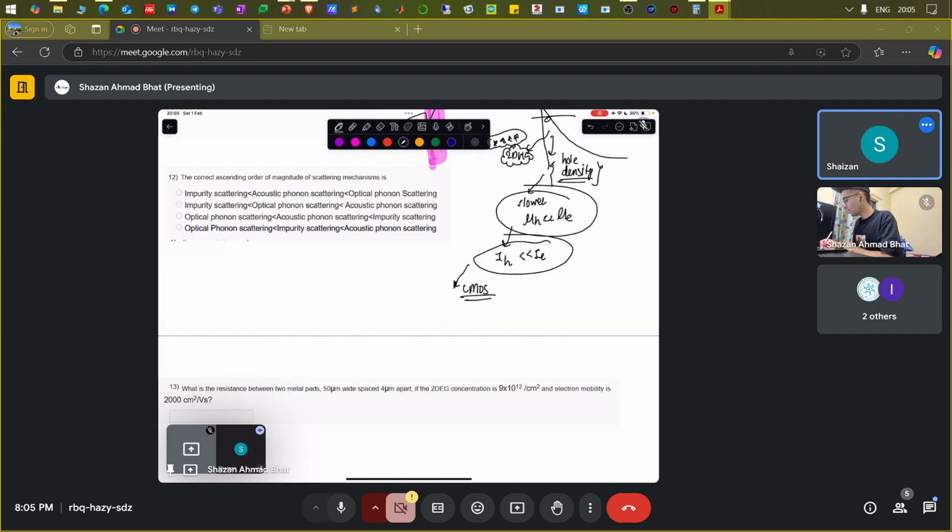CMOS is a device, complementary metal oxide semiconductor. This is the backbone of digital circuits. Digital circuits, where you play with ones and zeros. So it looks something like this. If you have a